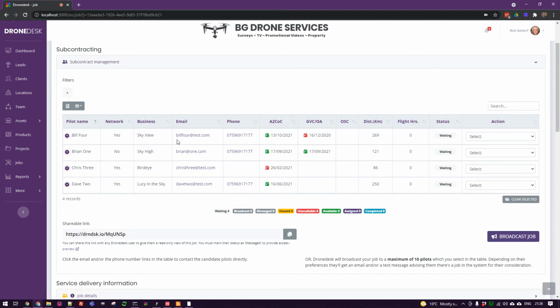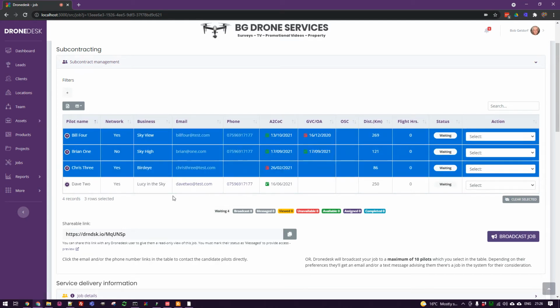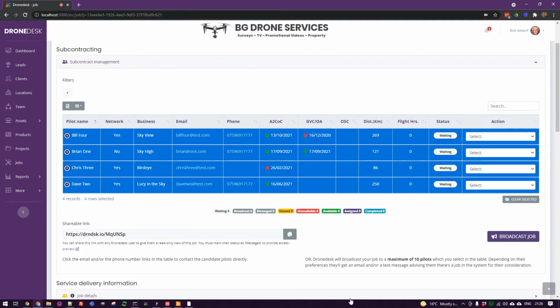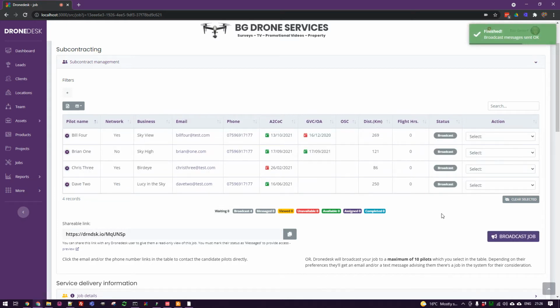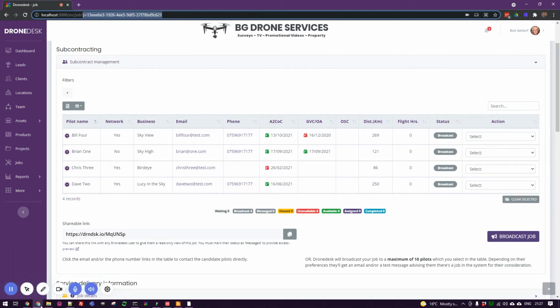Okay, so the idea here is that you select the pilots that you want to broadcast the job to just by clicking the record rows. You can select up to 10 to message at any one time, and then you just click broadcast job. That will then send them an email and/or an SMS text message to advise them that there's a new job in the system. In that message, they'll get a link that will take them directly to the job to view in their instance of Dronedesk. Just to illustrate that,